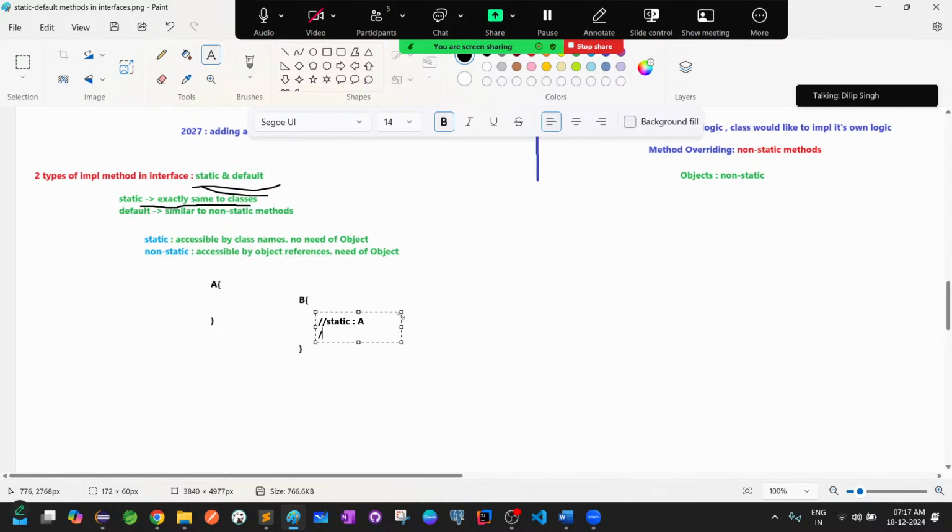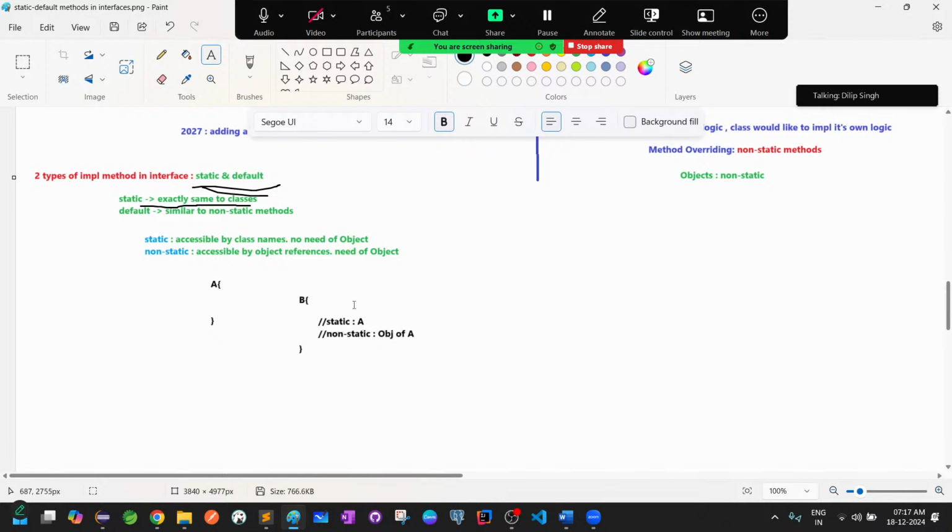If it is non-static, we access those methods via a reference object of A. These are all details we discussed at the classes level. And static methods we generally define very rarely in real-time applications,